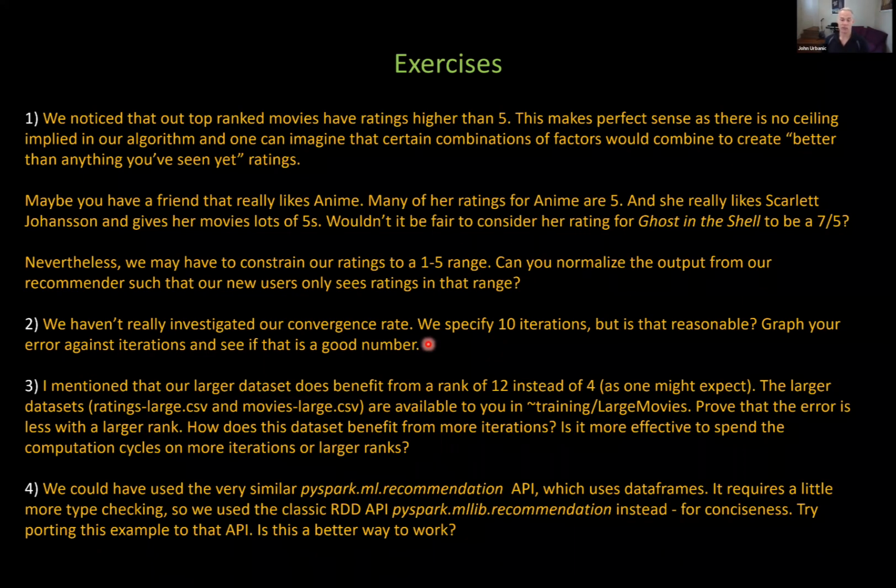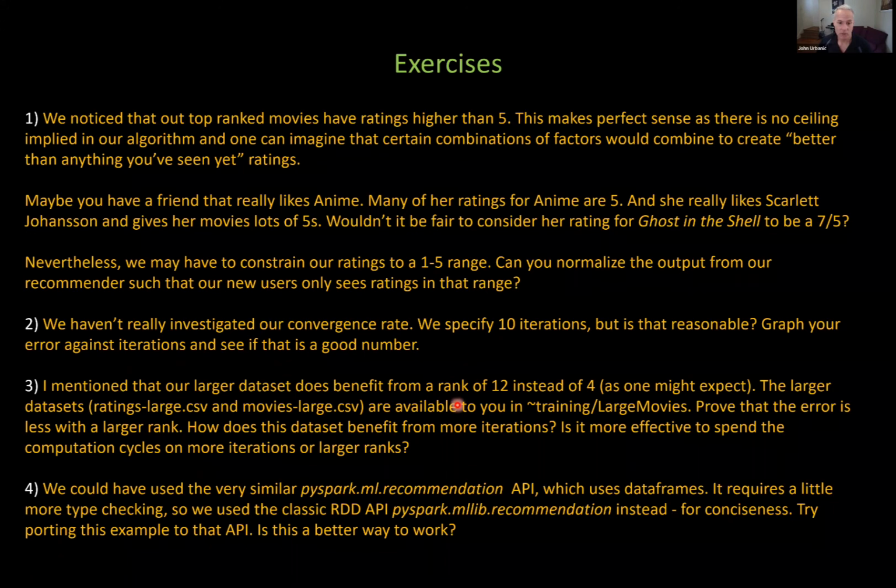You will see, like I said, the error will be plummeting at some point where you can tell it's really doing useful stuff. And at some point it's going to plateau and you're wasting your time. And we have no idea where 10 is at the moment. 11 iterations might give us better error. It might give us much better results. Or we might find that at 5 iterations, we were already getting the same results and we can save ourselves some time. So it's a good hyperparameter to investigate.